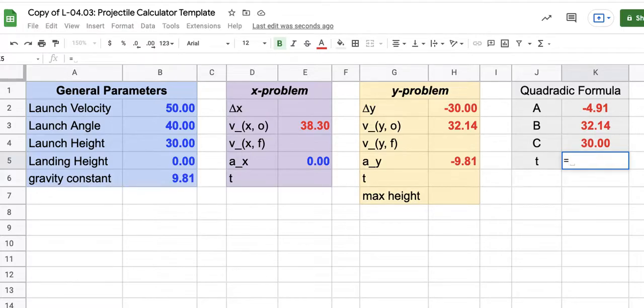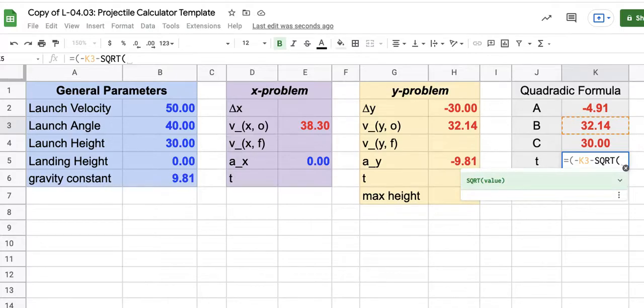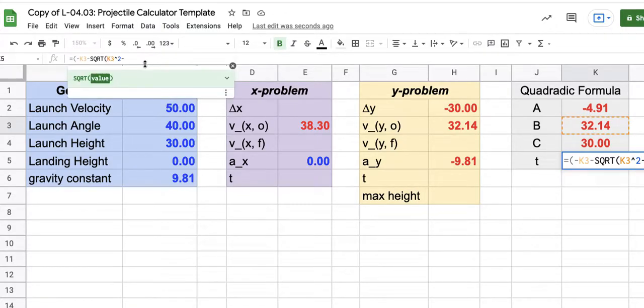It's going to equal, and we're going to open parentheses to start the numerator, and it's going to be minus b, so minus this cell, that's b, and that's plus or minus, so we're going to use minus the square root, so I type sqrt, open parentheses, of b squared, so that's this to the power of 2, minus, and you can't see it anymore, it's running off the video over here, but you can see it up here, okay? So it's minus b minus the square root of b squared minus